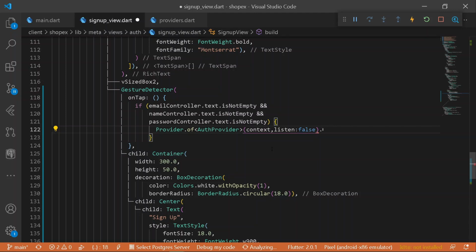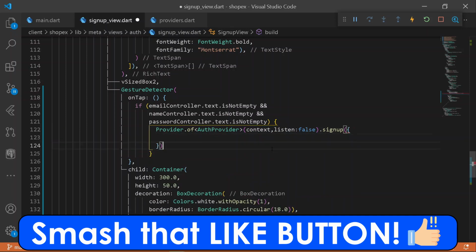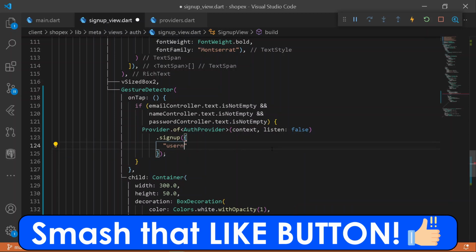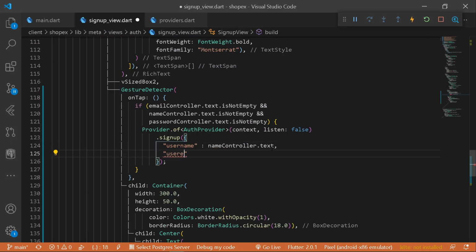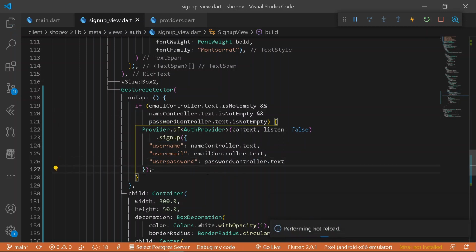And after that, we shall be simply signing up our entire user. So let's have our field of sign up, and under this, it shall be requiring a JSON object. So under a JSON object, first of all, we need to provide here a username. So under username, let's have our name controller dot text, just like this. And also it shall be requiring here a user email. So let's have our user email as well. So let's copy the following email controller and have our text. And also we shall be requiring here a password, that is our user password. So here let's have our password controller dot text. So once we have provided the following things, we are good to go.